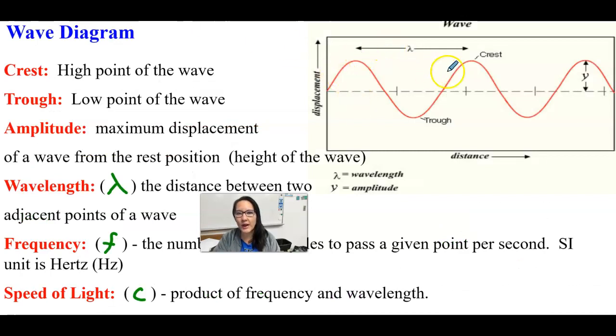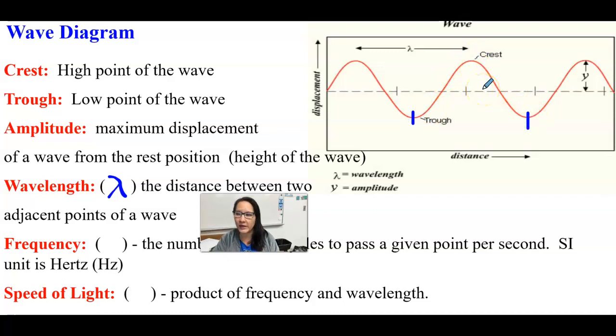So this is a wave diagram. There are some parts of the wave you should be familiar with. The crest is the high point of the wave, and the trough is the low point of the wave. The amplitude is going to be from here to here, and it's the maximum displacement of a wave from the rest position, or the height of the wave. The wavelength has this symbol, and it's the distance between two adjacent wave points. So, for example, from this point to this point could be one wavelength,